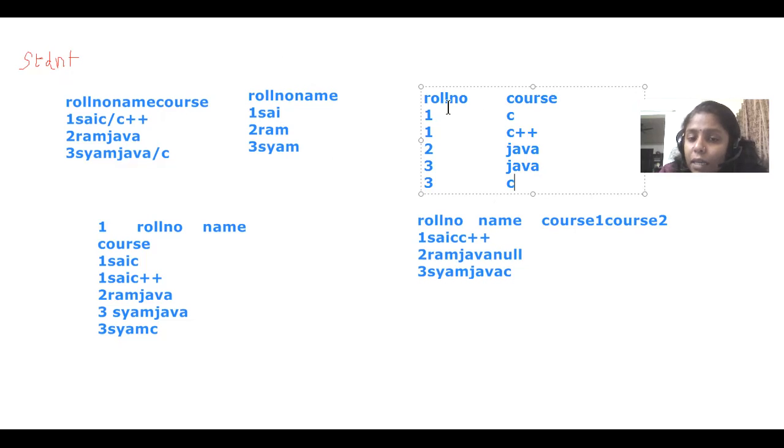So here this roll number will be the foreign key. Here the roll number will be the foreign key, and the primary key of this table will be roll number plus course. In the base table, the primary key will be the first column, roll number alone. And here in the second table, the primary key will be roll number plus course. Then only we can uniquely identify. Okay, this is how we can convert into the